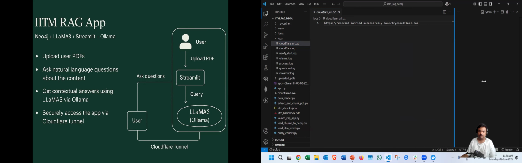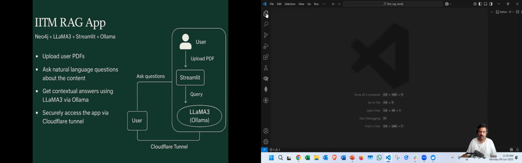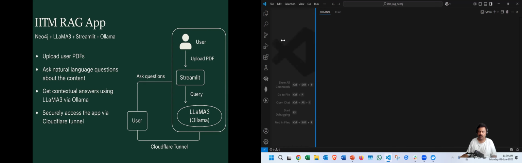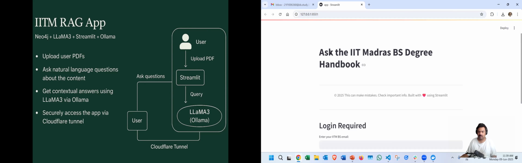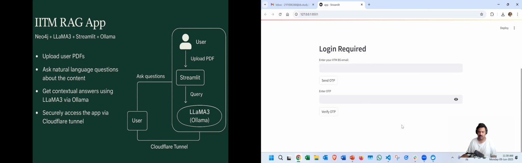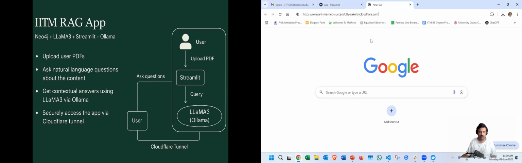So how do I get this one? Cloudflare URL. So I've dumped the Cloudflare URL here as well, so that someone can have a look. If I copy this, I have added some terminology just to make it clear that people are accessing my local computer through the internet. If you access this, it shows a simple "Ask the IIT Madras PS degree handbook" and "can make mistakes" and whatever. If you access it via the Cloudflare ID,